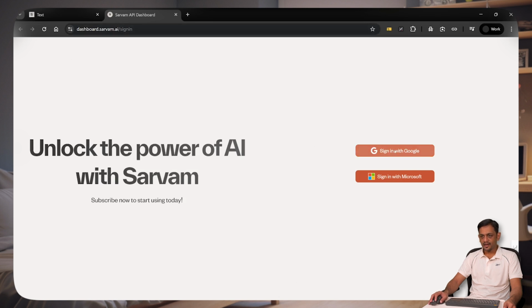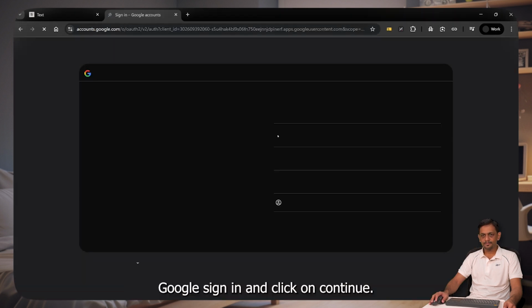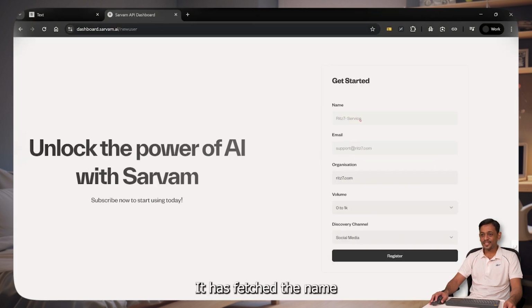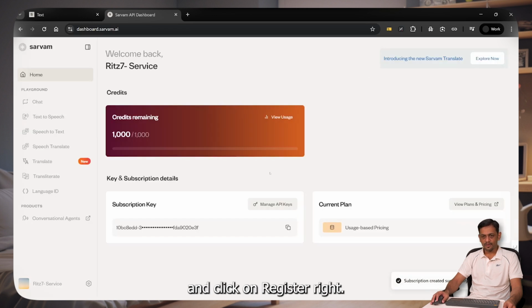dashboard.sarvam.ai/sign-in. Let's use Google sign-in and click on continue. Okay, it has fetched the name and email address. It's asking for organization, which is already fetched. Volume 0 to 1K. I'm not sure what this means, but let's leave it to default. Discovery channel and social media, and click on register. Right. So as we can see, we have